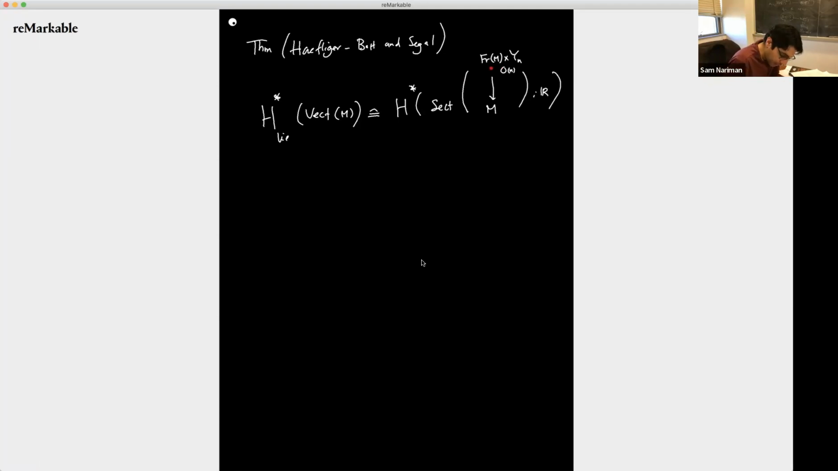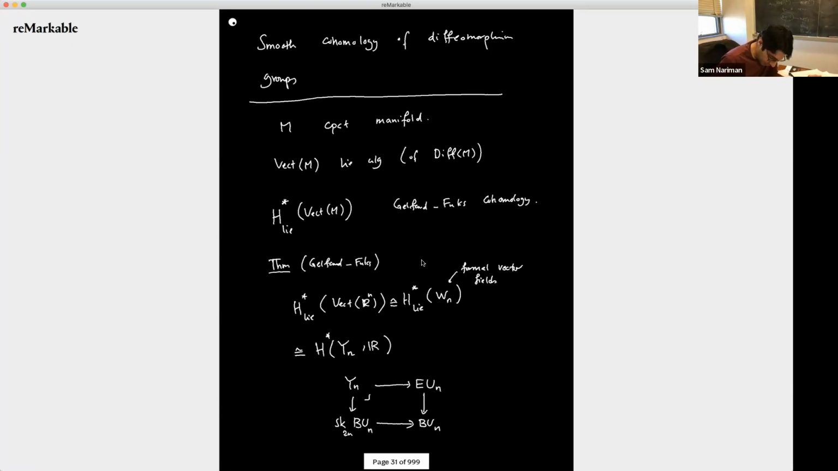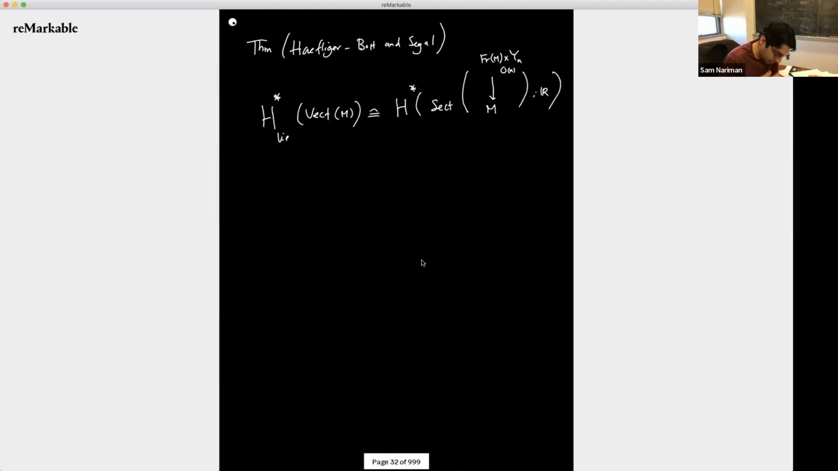Okay, so the frame bundle has an O(n) action, and Yn also has an O(n) action. This is because, going back to the definition of Yn, Yn over the 2n skeleton is in fact a U(n) bundle. So Yn admits a free U(n) action, and in particular admits a free O(n) action. So you consider the space of sections of this bundle, and this is isomorphic